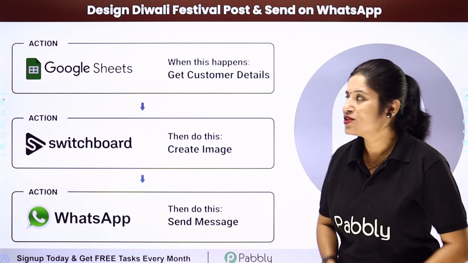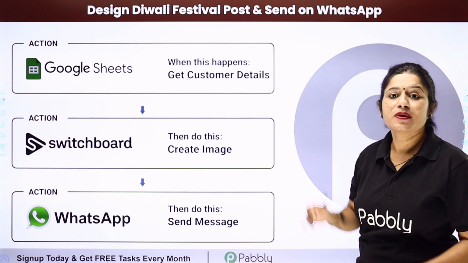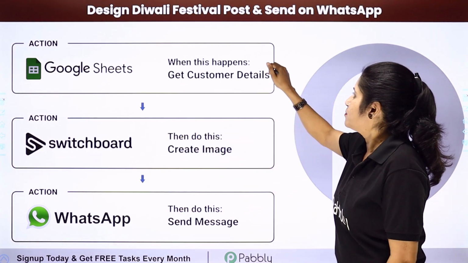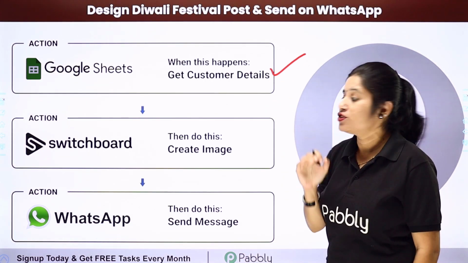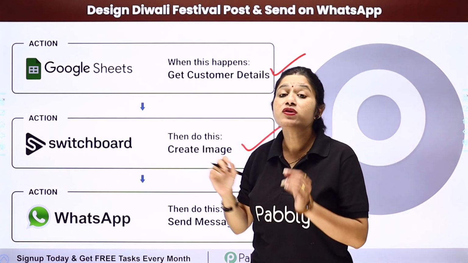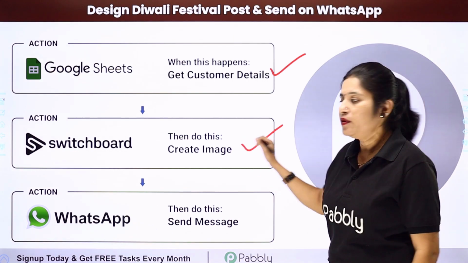In this video, we are going to learn how you can design Diwali festival post and send on WhatsApp. So the idea here is that you have created a Google Sheet in which you are maintaining your customer details. Now we want to create the customized Diwali wishing images for each and every customer using the switchboard canvas account using a specific template, and once the image is created, then the same image should be shared with the customer